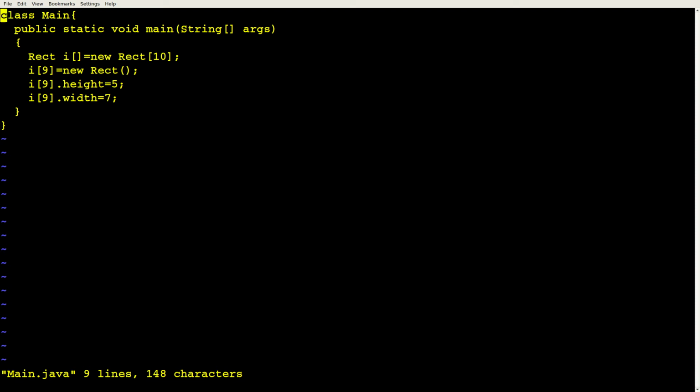Is it possible to initialize the individual elements as something other than a rectangle if it's the correct size? I think it's going to insist on it being a rectangle because it's an array of rectangles. The compiler gets all in your business. Does that seem weird?